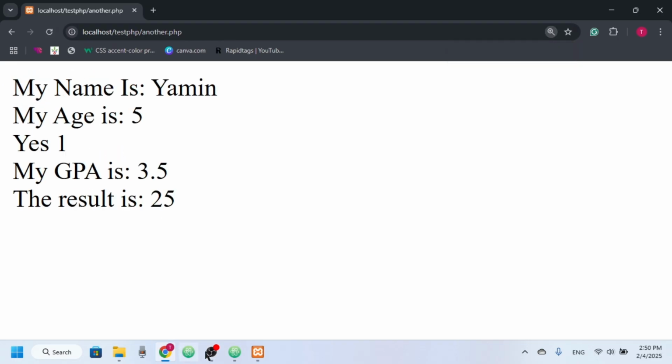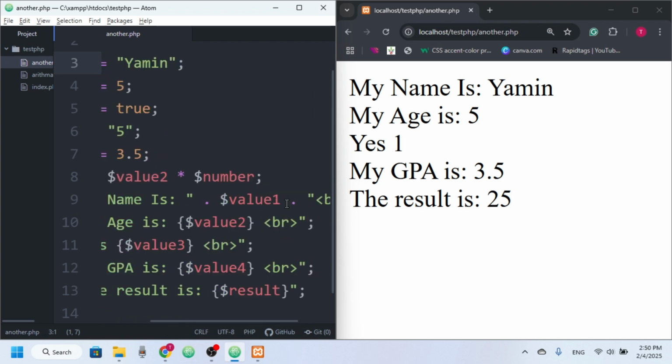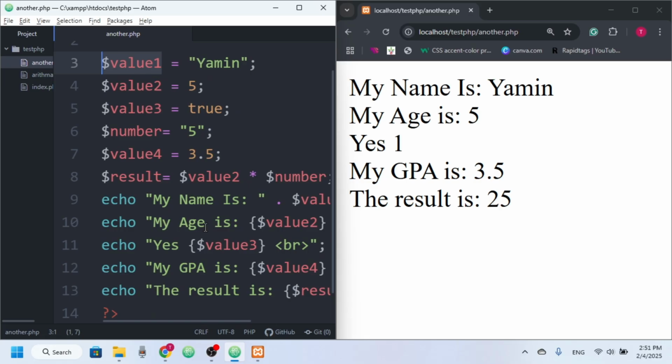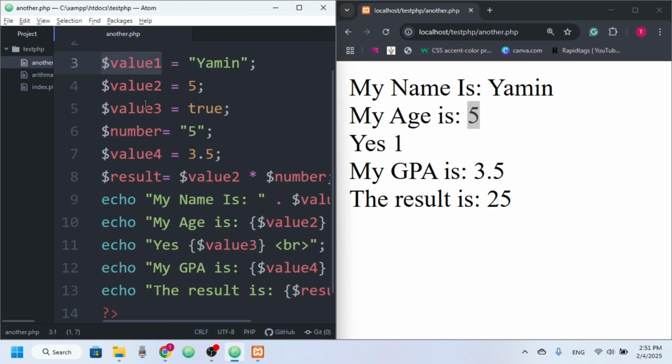My name is Yamin. Our first value is a string, so here you can see we have shown the output that my name is value1 and that is Yamin. You can see my age is an integer, so it shows the integer value, and we have the boolean value true, and true actually defines 1, so when false it means the boolean value is 0. And here you can see we have number 5,